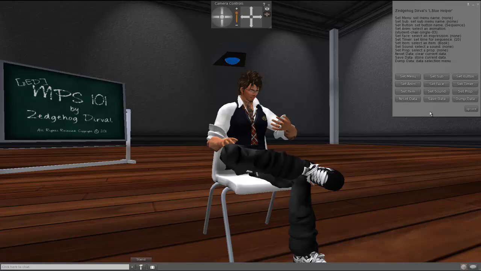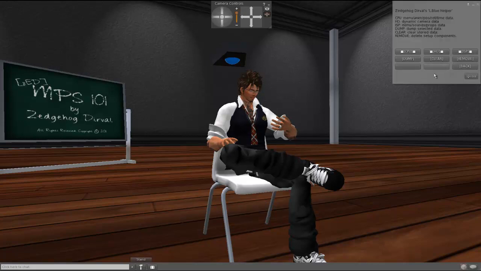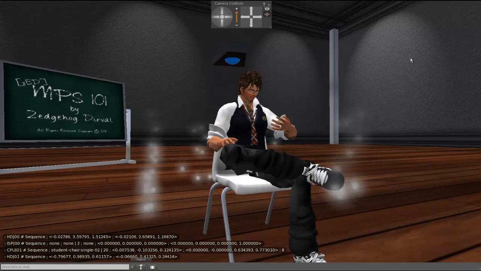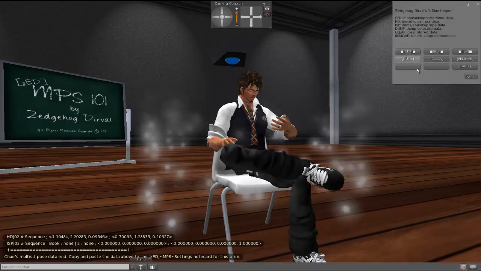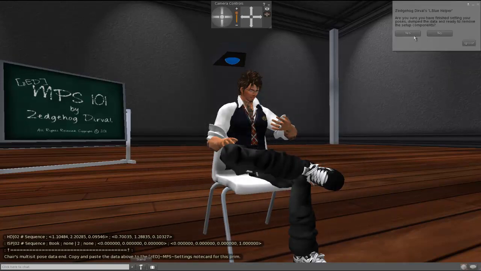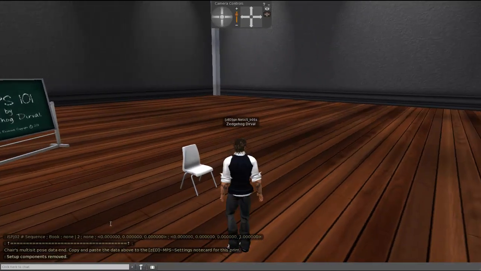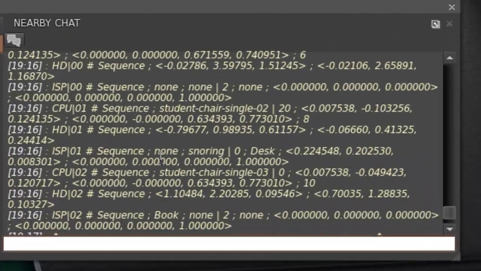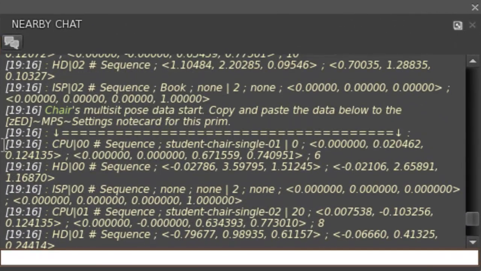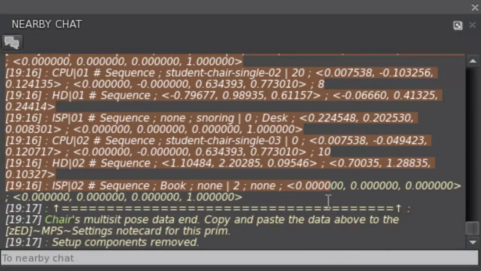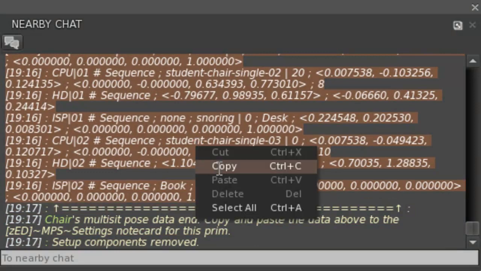But because this is all I'm doing for this tutorial, I can go into dump data, and I want all my data, so I'm not going to turn any of them off. So I'm just going to leave them all selected, and I'm going to hit dump. So all the pose data will dump to chat, and I'm going to remove the scripts. Okay, I'm going to go into my local chat now and just get all that data between the lines there. Just highlight it and copy,